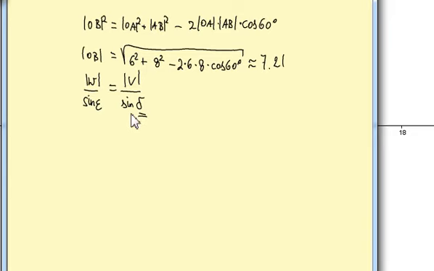So now let's rearrange this here to get the value of sine delta. After rearranging, we will get sine of delta equals the length of V times sine of epsilon divided by the length of W. And after plugging in the numbers, we will get